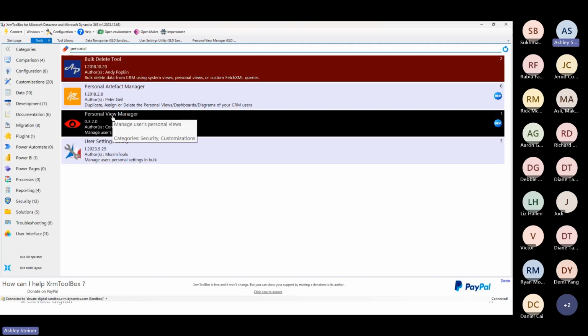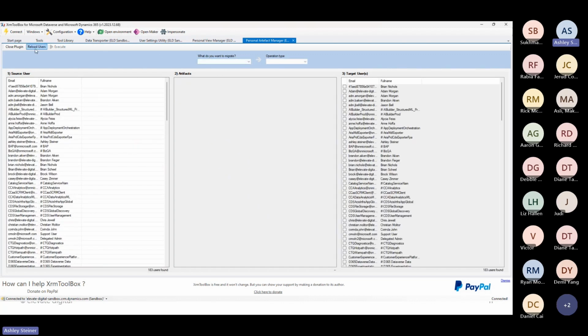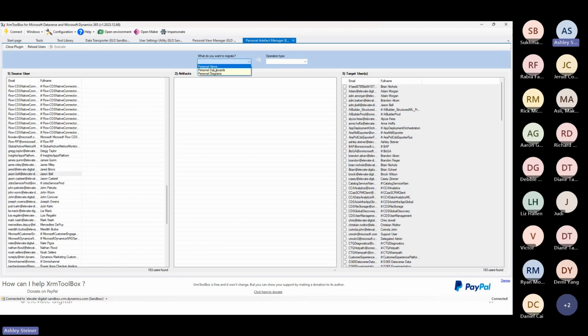So the personal view manager just does the views. So obviously there are views behind those dashboards, so you would have to share those views as well. But the personal artifact manager actually gives you access to dashboards as well. And I don't know if anybody has any in our dev environment, so this might not be a great demo, but you'll see here that it gives you views,